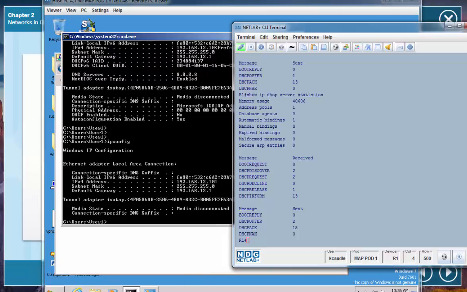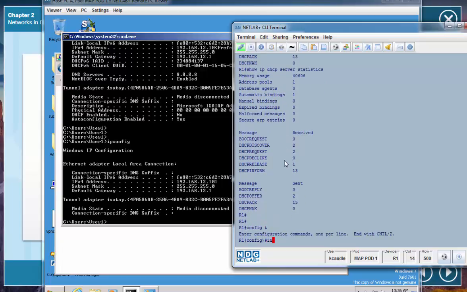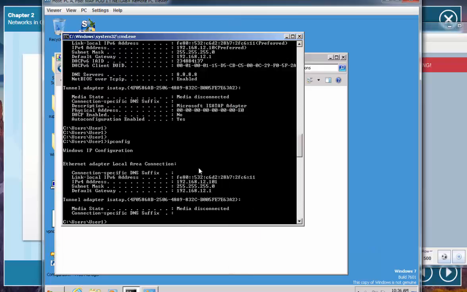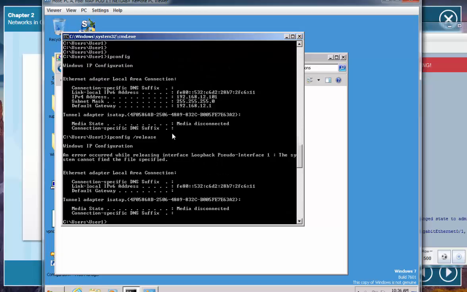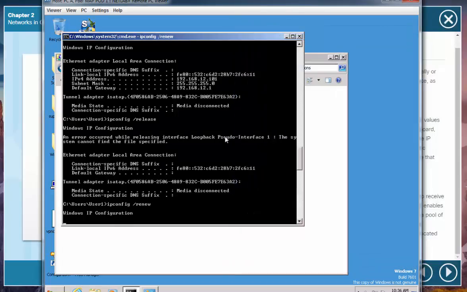So what I'm going to do here, I'll actually give you an example of this. I'm going to config t. I'm going to go into interface gig 0/1, which is the interface that's connected to this PC. And I'm going to shut it down. Then I'm going to do an ipconfig /release, or release my IP address, and an ipconfig /renew. And those are the commands needed to release and renew a dynamic IP address, by the way. This will eventually time out, and when it does,